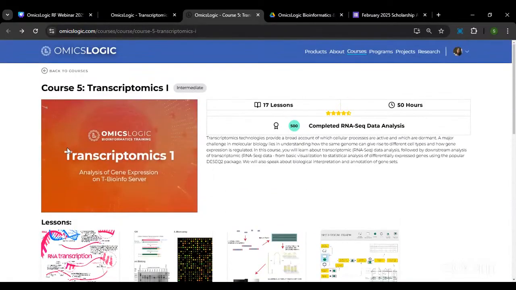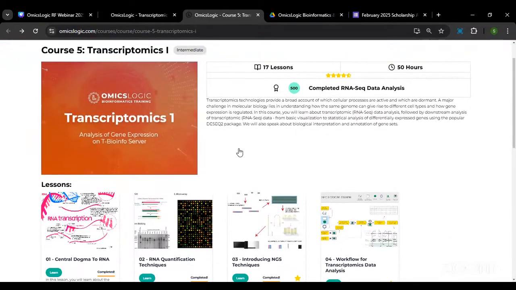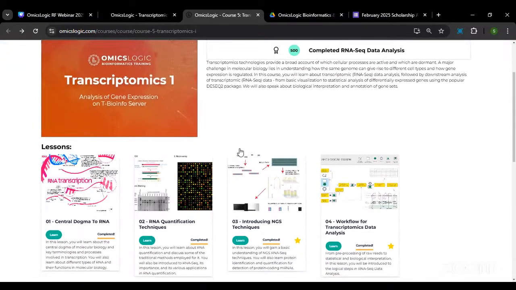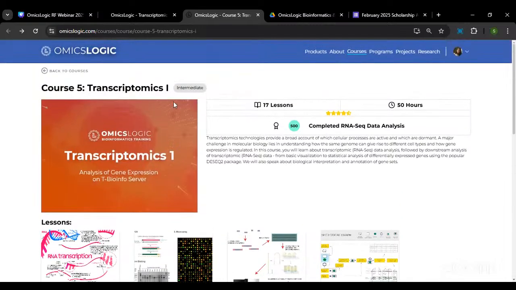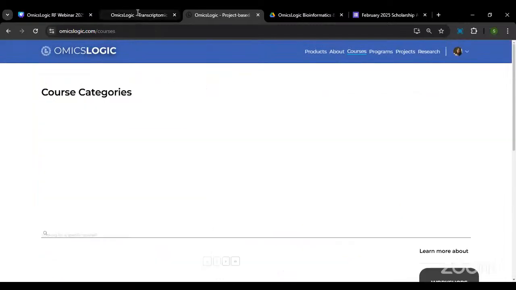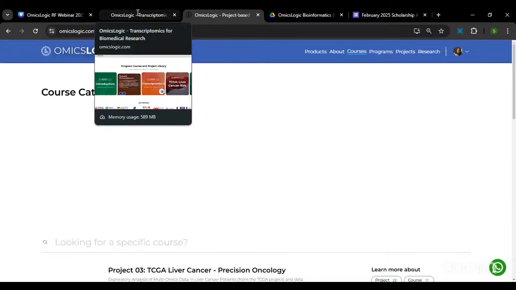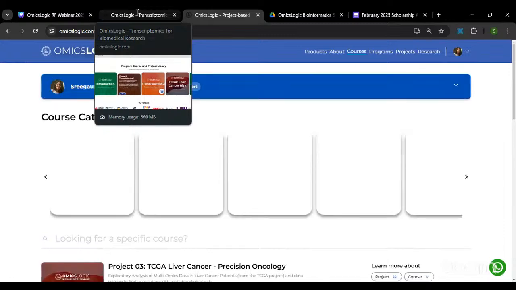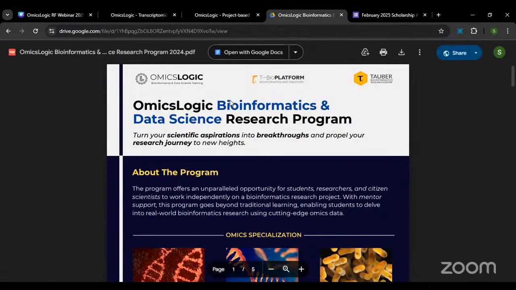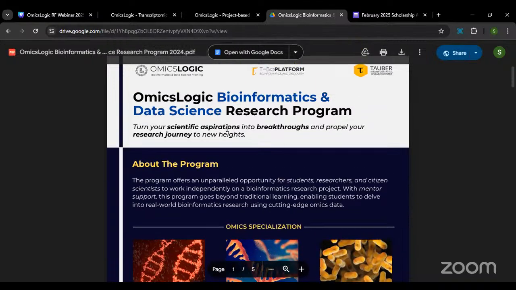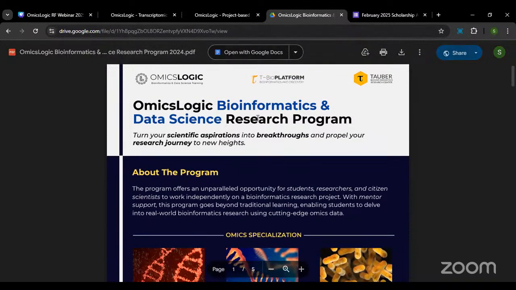So this is the overall view of the coursework format. There are also short tutorials that explain the topics to simplify the concepts that are being covered, right? So these are the various resources that someone will go through when they are enrolled in the research program under the training phase. Okay, now coming to the research program, here we have prepared an elaborate, comprehensive brochure that